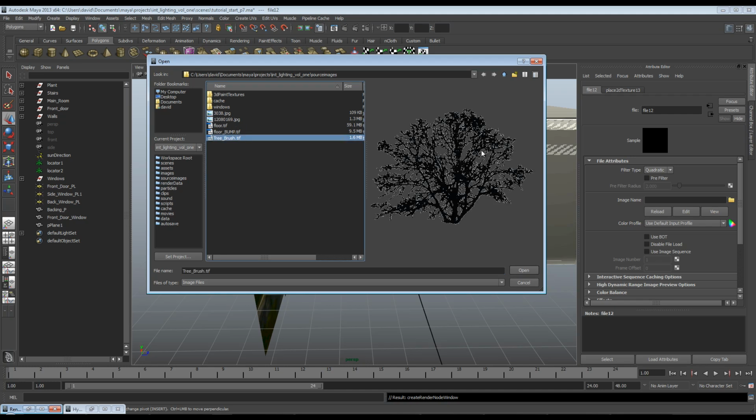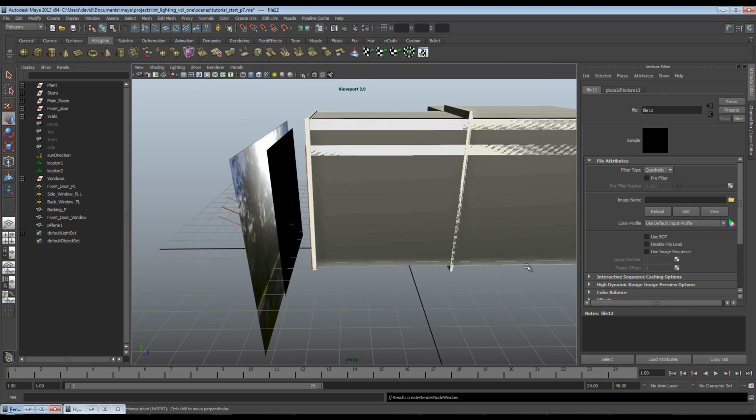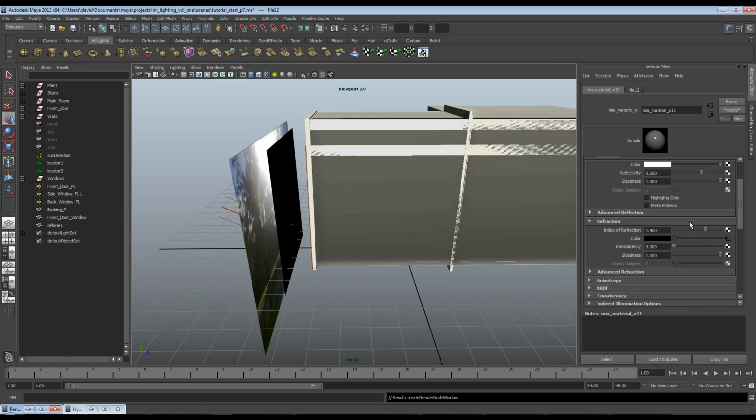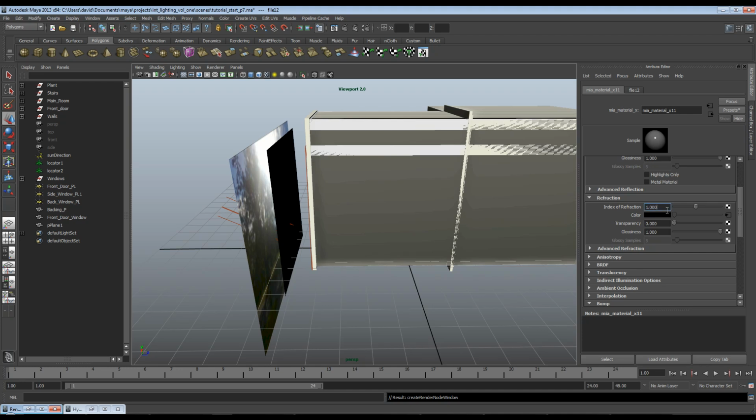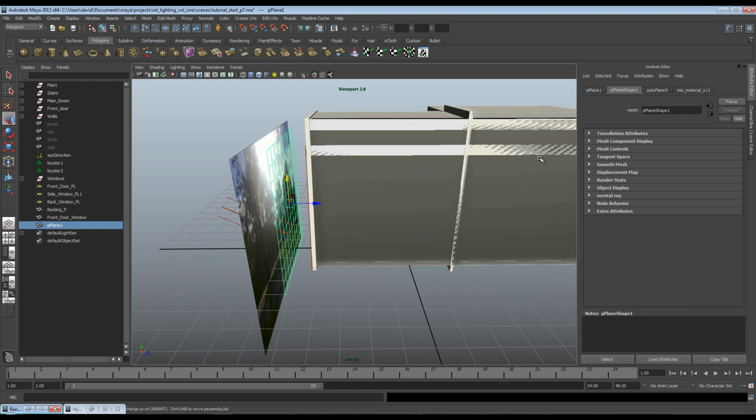So as you can see, it's just a transparent tree silhouette. I'm going to pop that open. I'm going to then jump back to material, make sure it has a refractive index of 1 so it's not refracting, transparency of maximum. Now we also need to grab the geometry here, which I will name